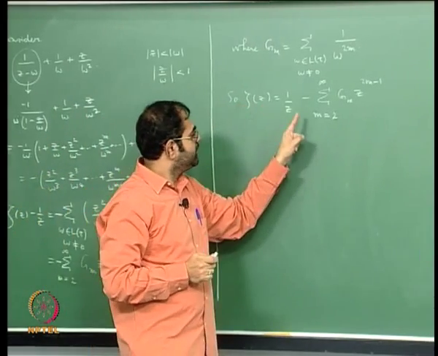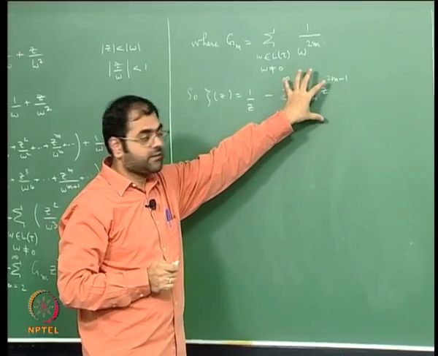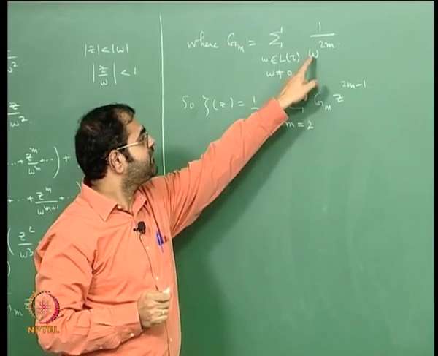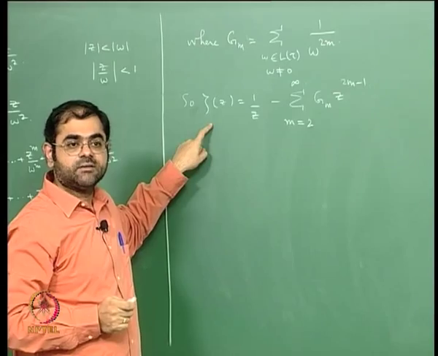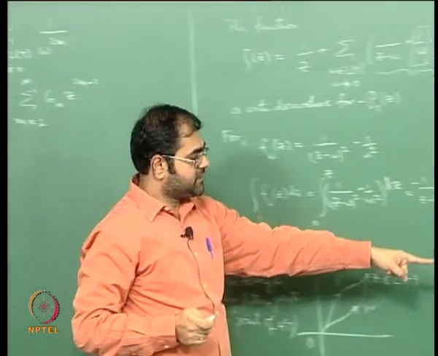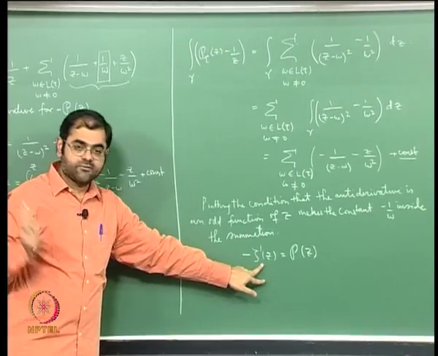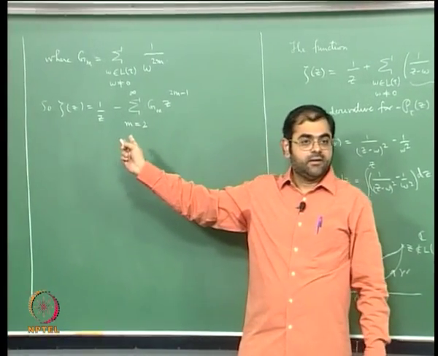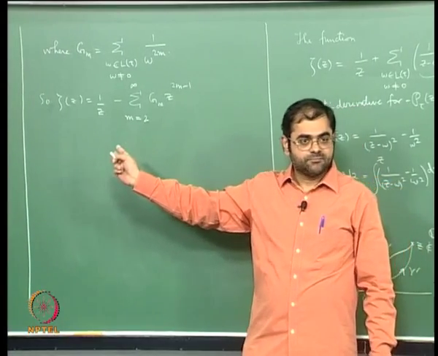It is nice because you see the singular part was already known, it is 1 by z, it was the analytic part for which we wanted coefficients in a nice way, and that we are able to get, okay. Now how do you use this to get a Laurent expansion for the phi function? You just make use of the fact that zeta is an antiderivative for phi, okay. So you take the negative derivative of that, and because that is going to be again a uniformly convergent series, you can differentiate term by term, alright.